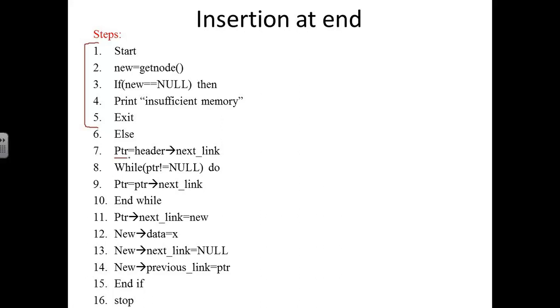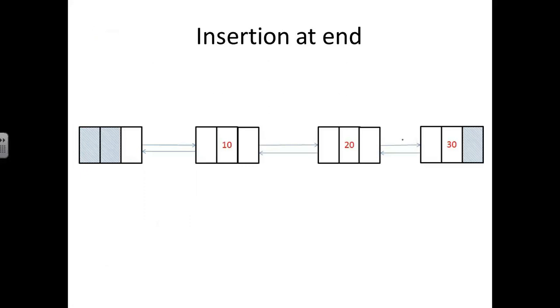So if it is insertion at the end, what do we need to do? At the end of the list, we need to create a node, and there we are going to put the element, right? So for that purpose, we need to traverse through the list from the beginning, till the last node. After that, we are going to create the new node and make the connection. Just remember in this diagram, after this node 30, I'm going to create a new node. So a new node will be created in this place, right?